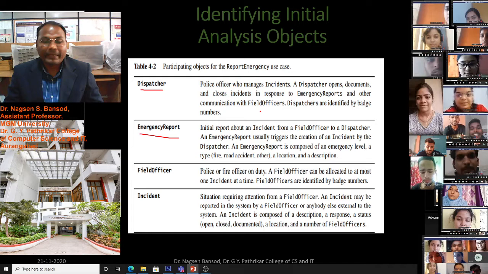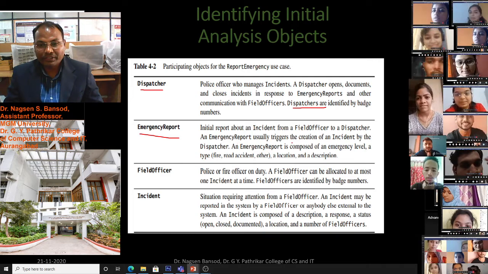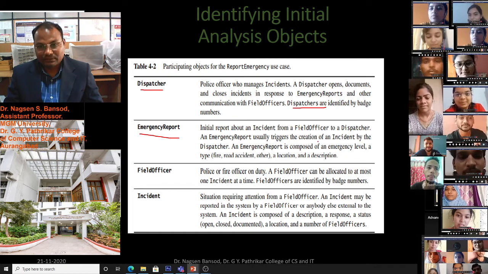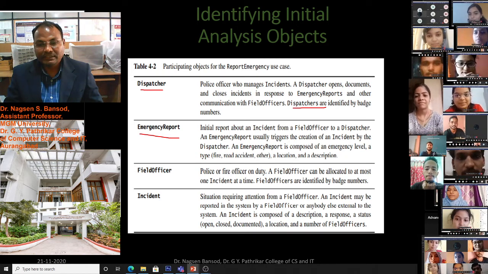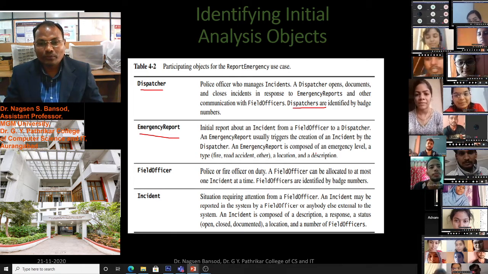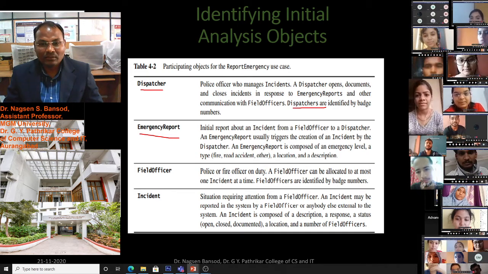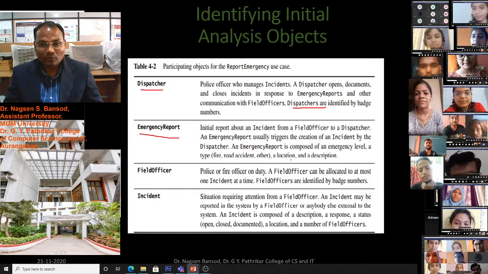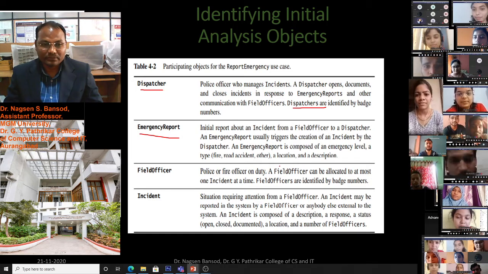Emergency report, the initial report about the incident from the field officer to the dispatcher. An emergency report usually triggers the creation of an incident by the dispatcher. An emergency report is composed of an emergency level, a type, fire, road accident, other, location, and description.